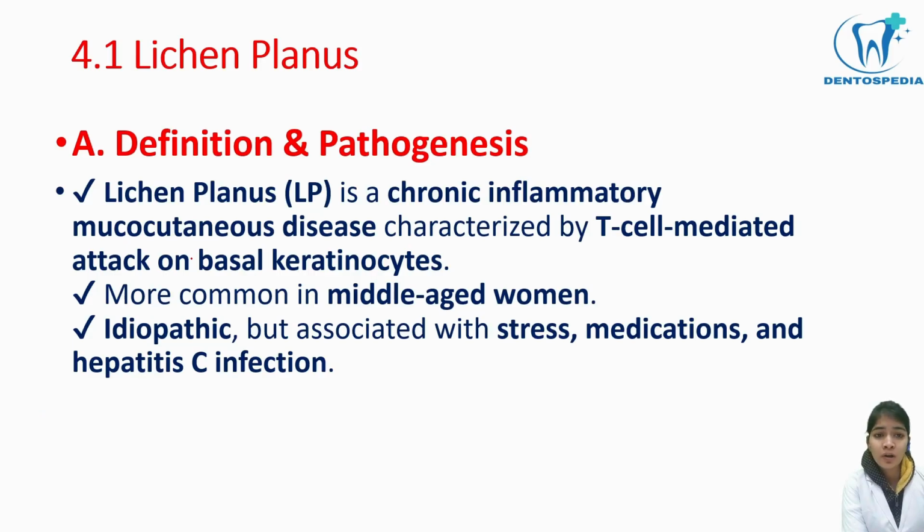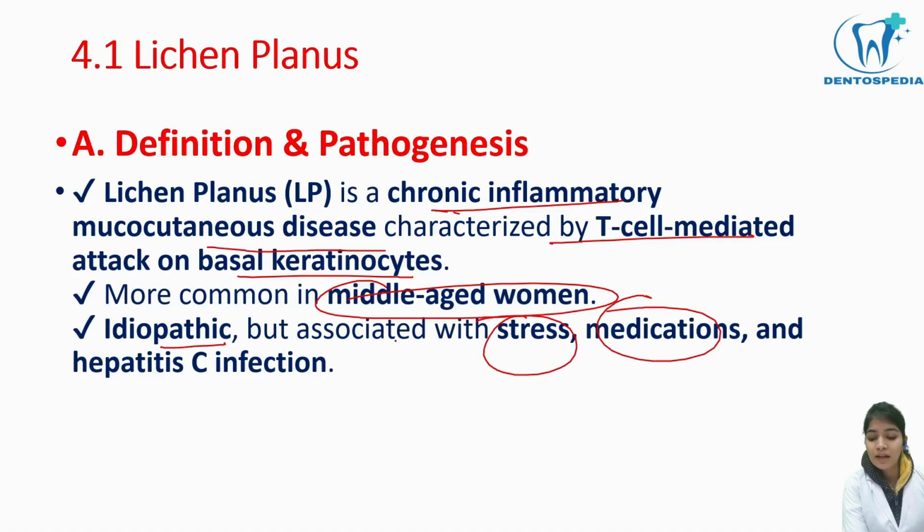So what is oral lichen planus? Oral lichen planus is a chronic inflammatory mucocutaneous disease caused by a T cell mediated autoimmune reaction against basal keratinocytes of the oral epithelium. It is characterized by T cell mediated attack on the basal keratinocytes. Now, it is more common in middle-aged women and it is idiopathic, but it is associated with stress, medication, and